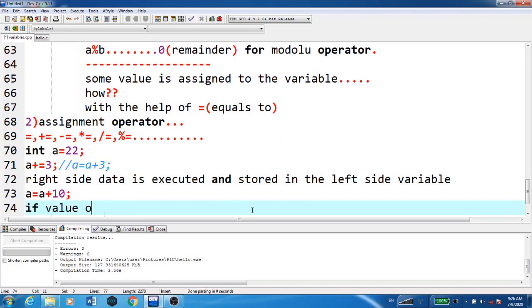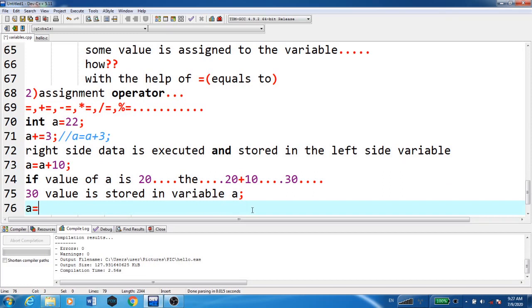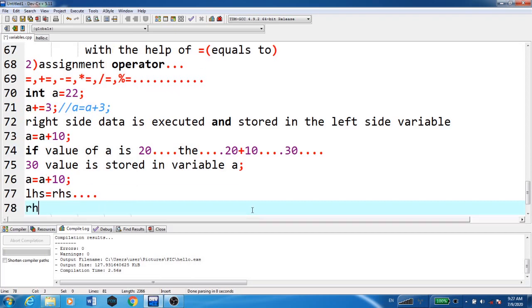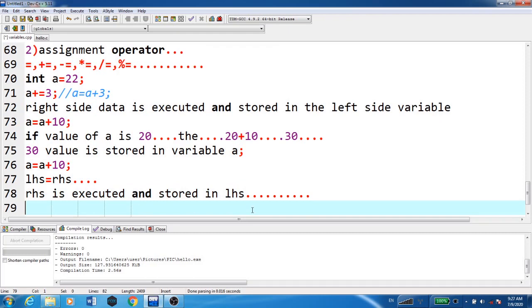If the value of A is 20, then 20 plus 10 becomes 30, and that 30 value is stored in variable A. That is A is equal to A plus 10, semicolon. So this is left hand side equals to right hand side. The RHS is executed and stored in the LHS. So this is the use of assignment.